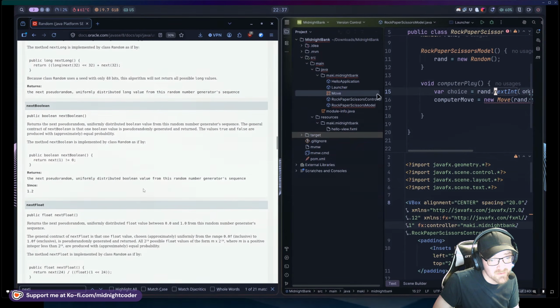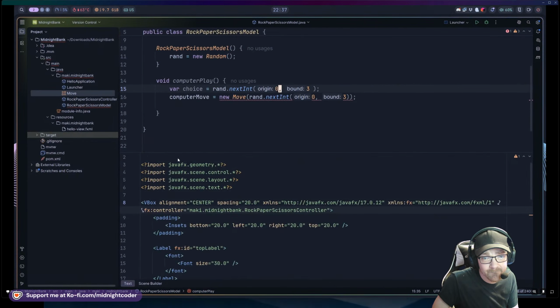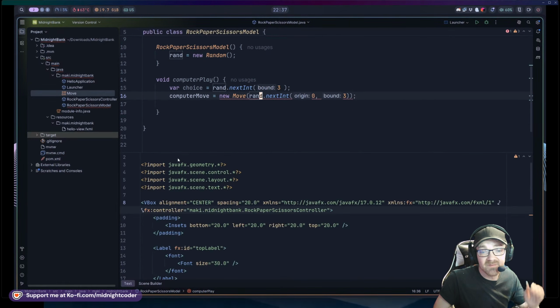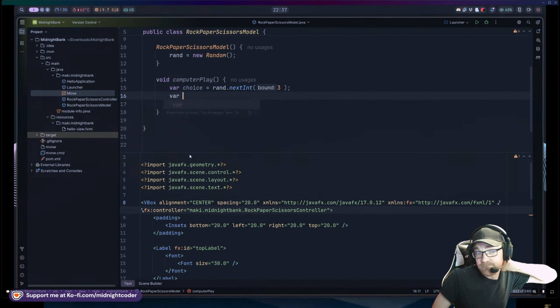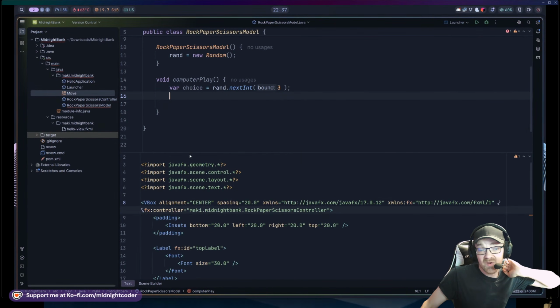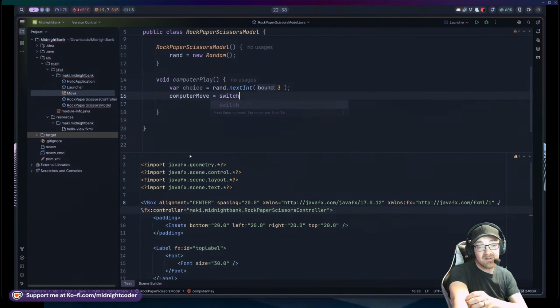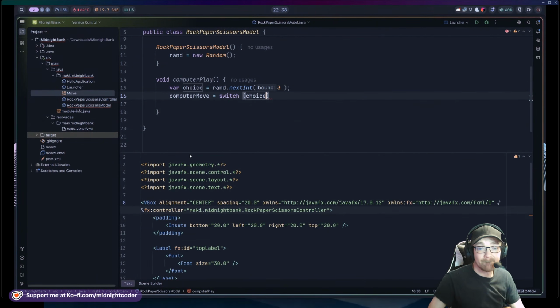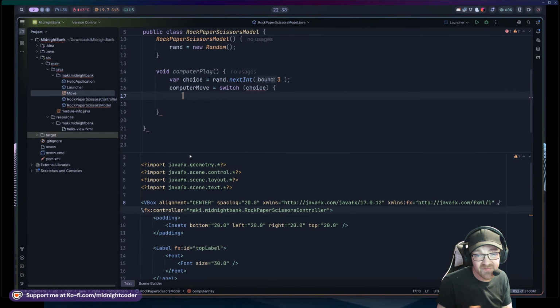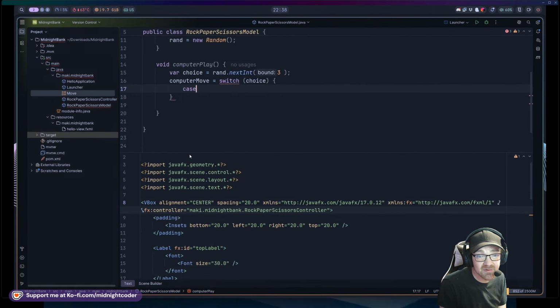Okay. So I can just pass in only 3 here. Yeah. Okay. That's bound 3 and it's exclusive. Okay. Perfect. And then rather, let's say computerMove equals switch on choice. Yep. And then inside of here, case 0. Arrow. No, we can just do an arrow. No, dash. This one, the arrow. Yeah, lambda arrow, and then